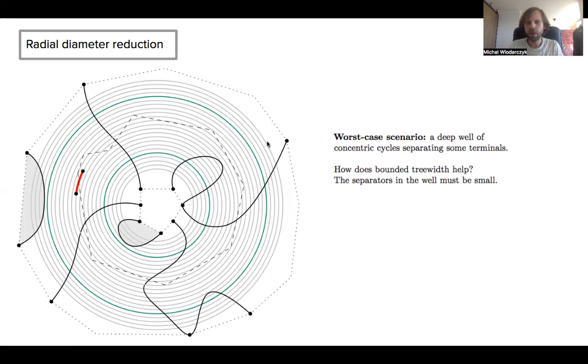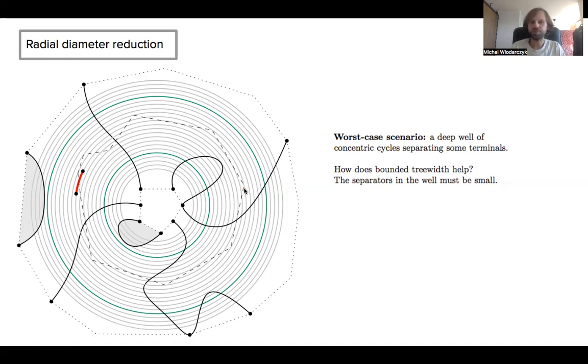comes into play. So if we have a lot of concentric cycles, then if we had a large number of disjoint paths going from the interior to the exterior, then we would have a large grid minor. If we had a large grid minor, we would have large Treewidth. So conversely, if Treewidth is small, then the flow is small, and so we have small separators between interior and exterior, and we take advantage of this fact